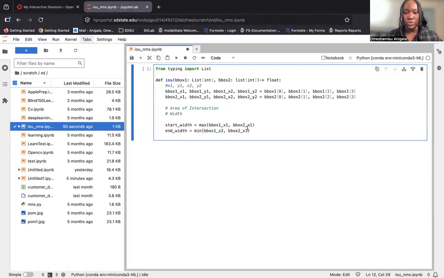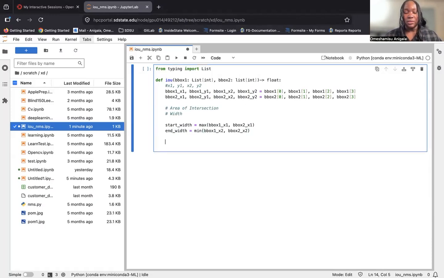This will be x2, x2, all right. Okay, then the width will be, because we don't want to have a negative width, we'll do the maximum between 0 and end width minus start width. Okay,